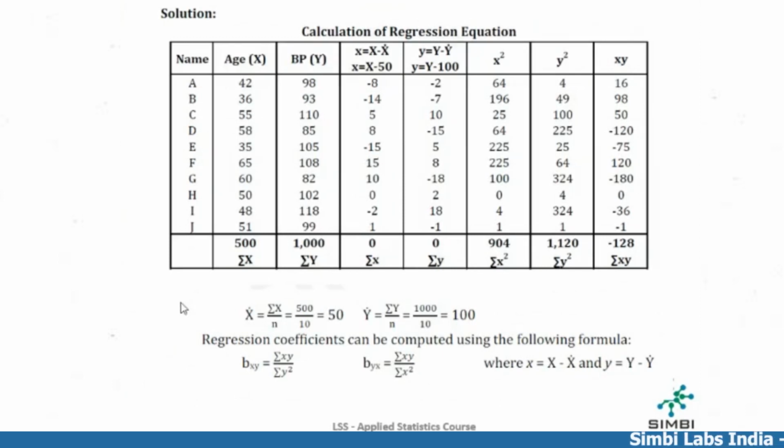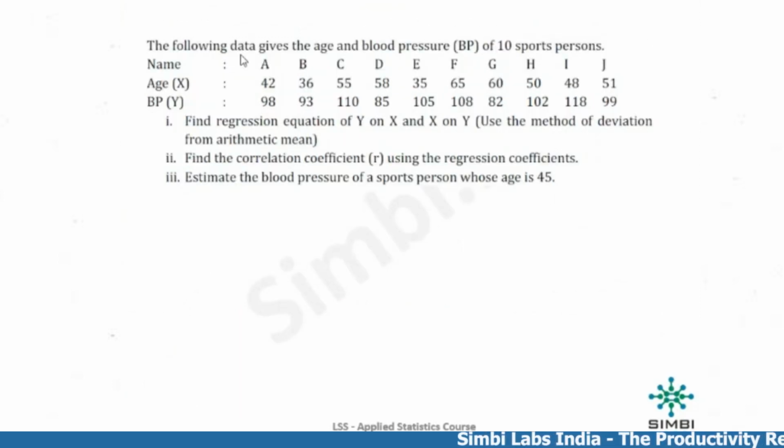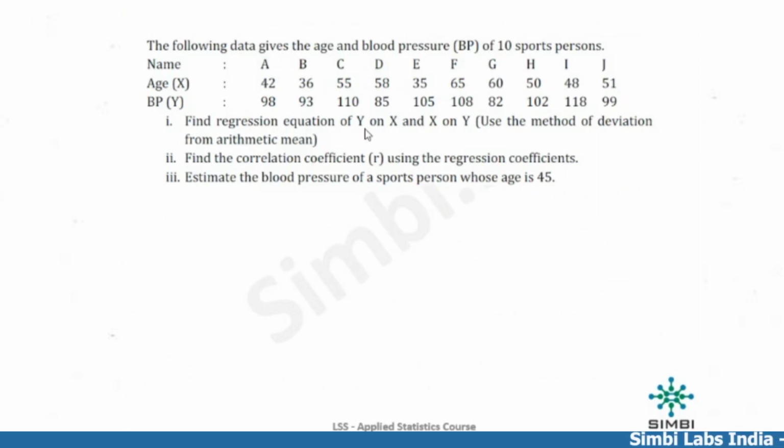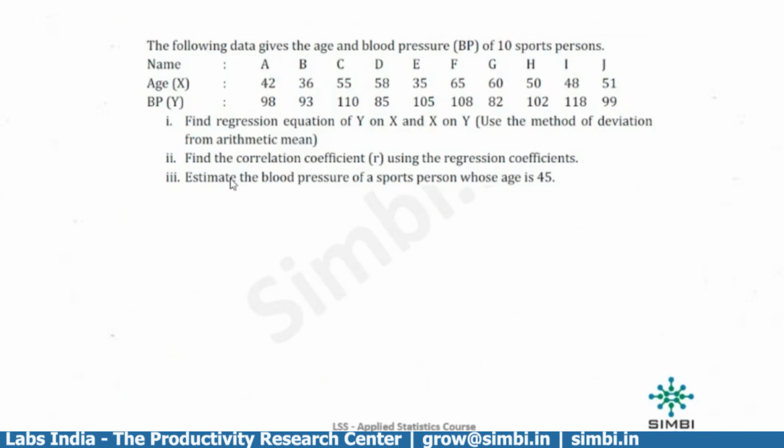And let us see another example. For example, according to the given data, the age and blood pressure of 10 sports persons. The data is given here, the names of the persons and their age and blood pressure values are mentioned here. So for this data, we need to find the regression equation of y on x and x on y, find the correlation coefficient using the regression coefficients, and also estimate the blood pressure of a sports person whose